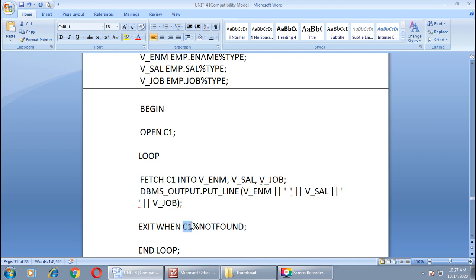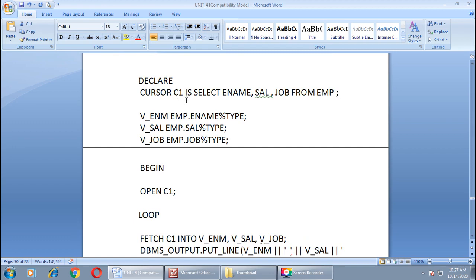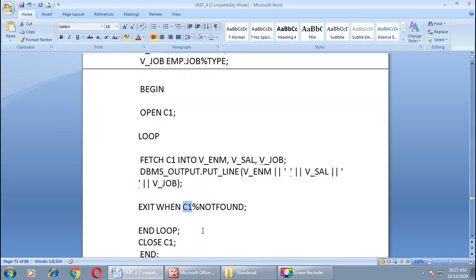In our implicit cursor example I had taken SQL. In the current example, you replace the SQL keyword with the name of your own cursor. Here we have created the cursor with the name C1, so I have replaced SQL with C1. Then END LOOP, and closing the cursor with the keyword CLOSE C1.